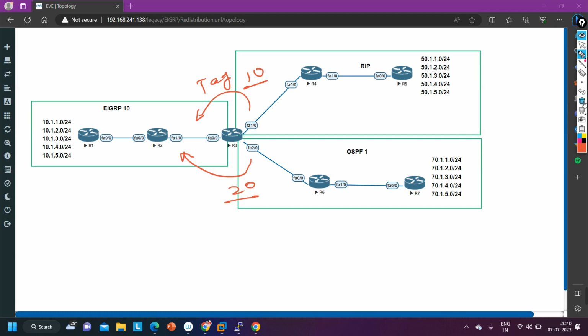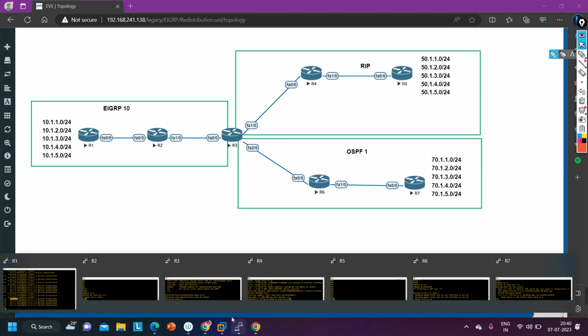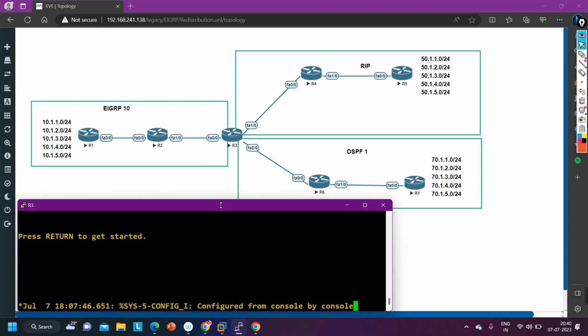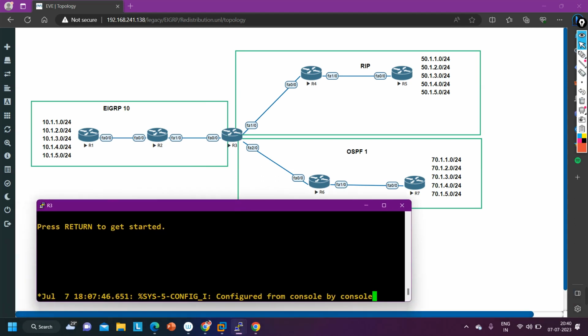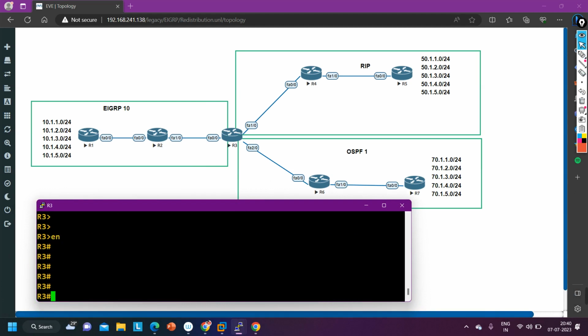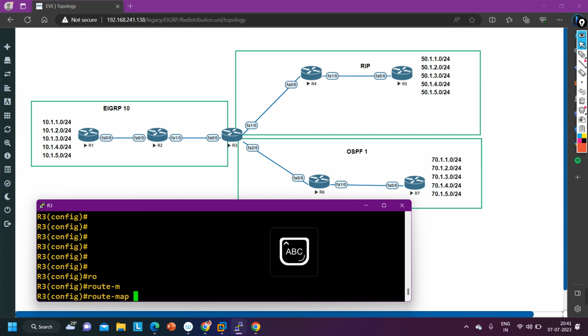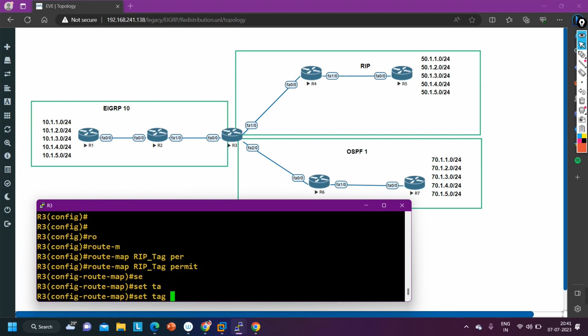Okay. So to add a tag, I just need to do one thing. On router number 3, the configuration is very simple, guys. Just try to understand, and you need to practice again and again. Here I will create one route map. The name of the route map is, let's say, RIP_tag. This is the name of my route map. After that, statement permit. I have created one, and here I will set the tag number, set tag number